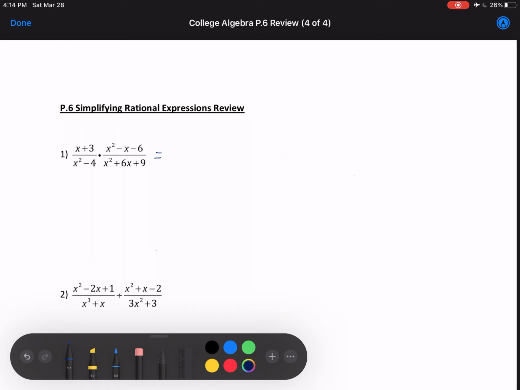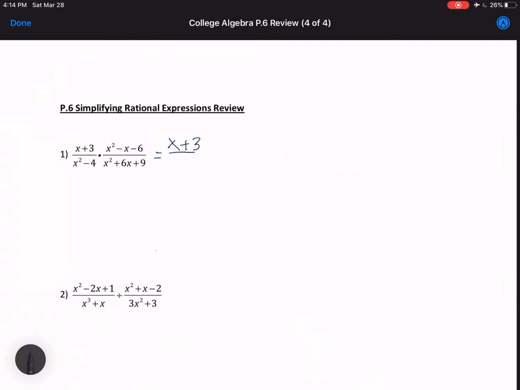So x plus 3 cannot factor, so we're just going to leave it the way it is, over x squared minus 4 can factor as x plus 2 times x minus 2 because of the difference of two squares, times, okay, x squared minus x minus 6. Since it's a trinomial, we're going to do AC factoring, so we're looking for the factors of negative 6 that add to be negative 1, which is negative 3 and positive 2. So we have the quantity x minus 3 times the quantity x plus 2